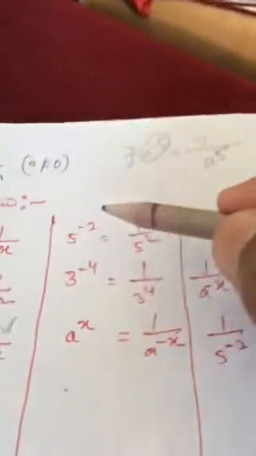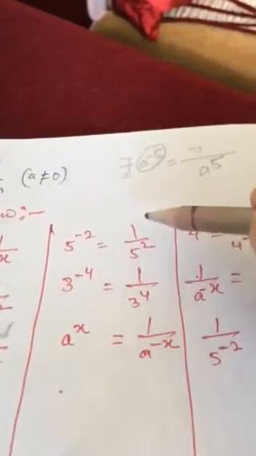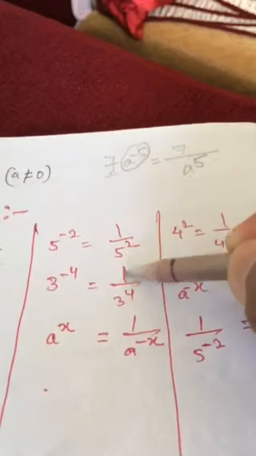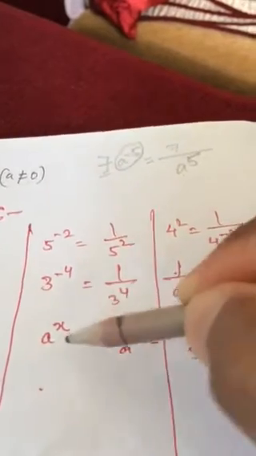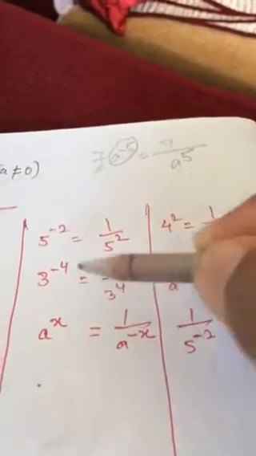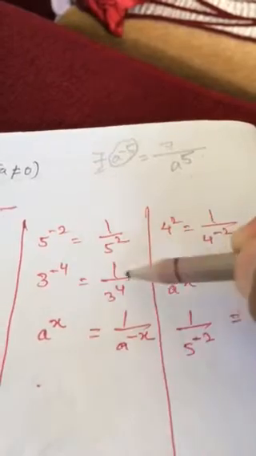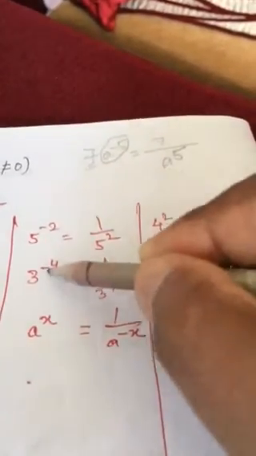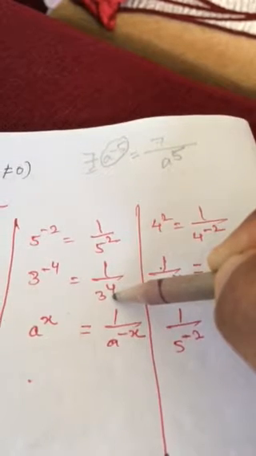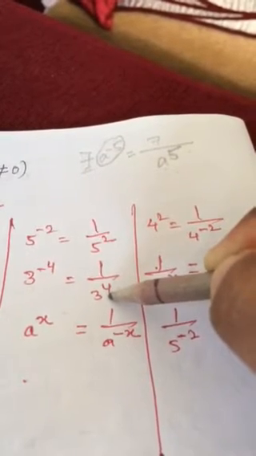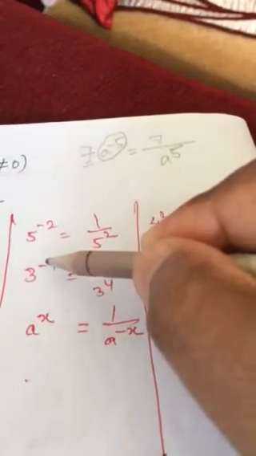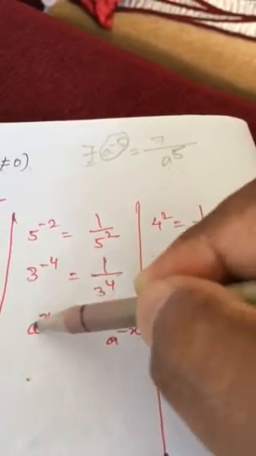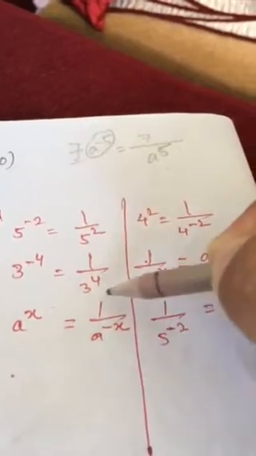That is why the coefficient is written as the numerator. Now you see here, 5 to the power minus 2 can be written 1 by 5 square. 3 to the power minus 4 can be written 1 by 3 to the power 4. Now you see, if there is a negative power then it will go as positive, and if there is a positive power it will go as negative. Positive can be written in the form of a fraction. If you have to convert negative power into positive, then you have to write in this way. If you have to write positive power into negative, then you have to write in this way.